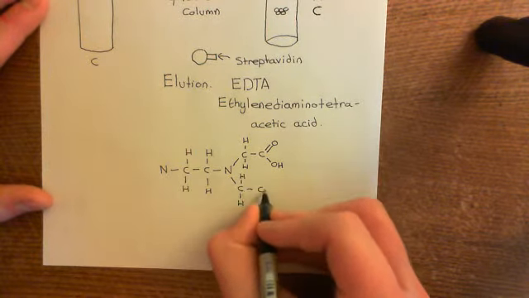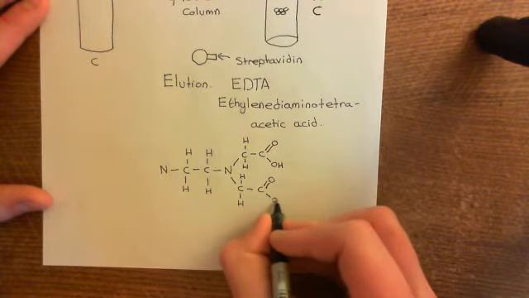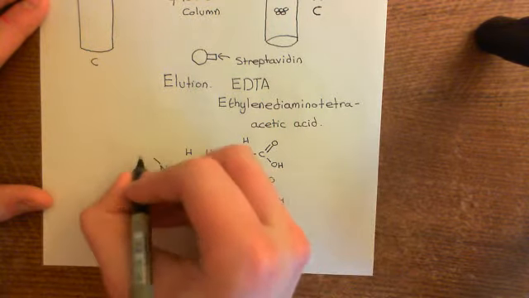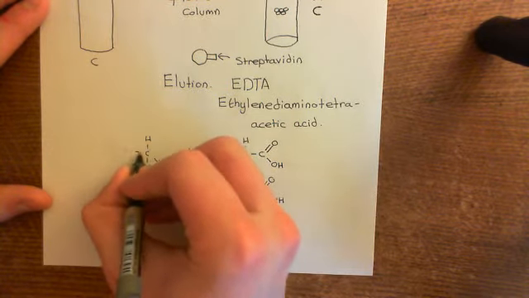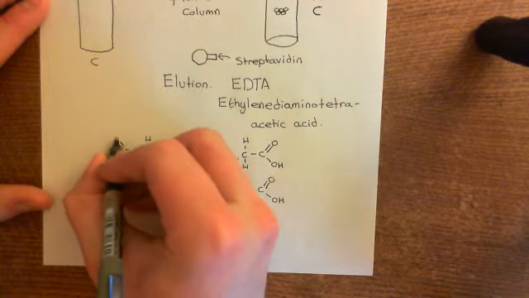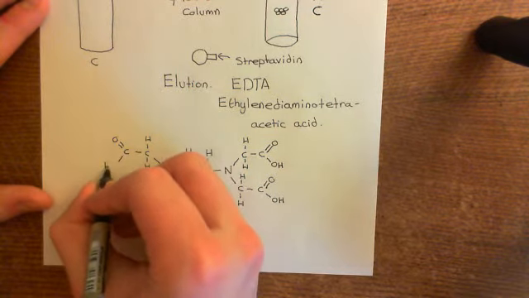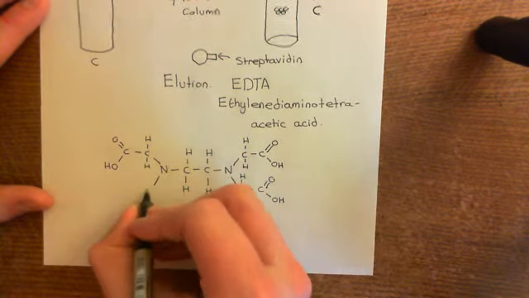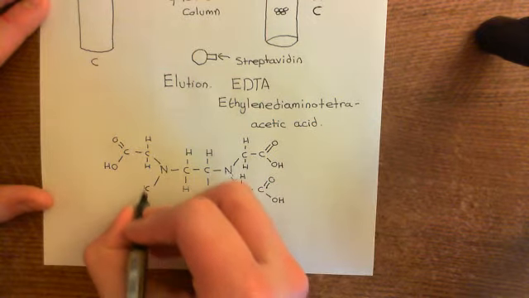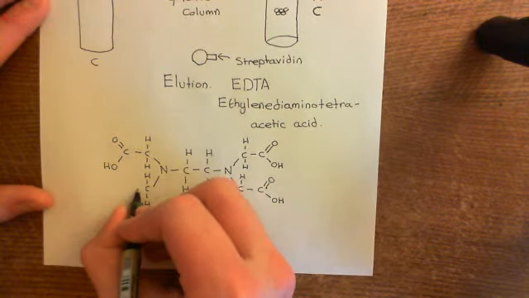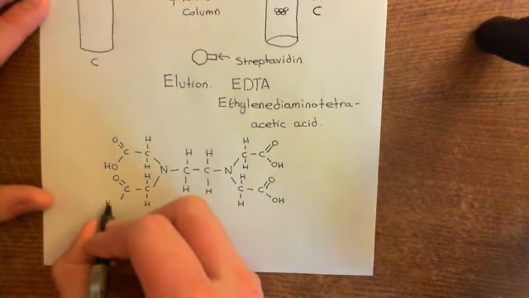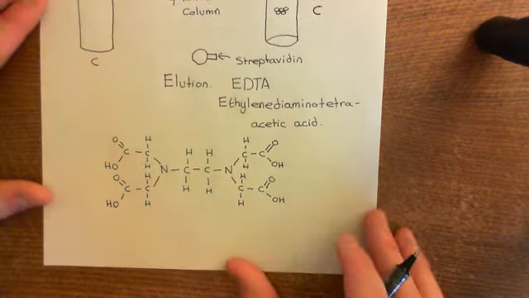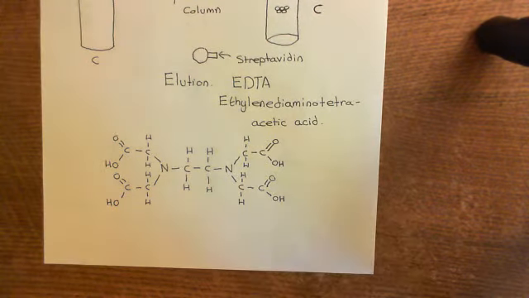So here's the second coming here. Okay, and then 2 more off here. Okay, and that's why it's so beautifully symmetric. So here again is the carboxylic acid group of this acetic acid molecule, and then finally the final acetic acid molecule is here. Here's the methylene group, and then the carboxylic acid group over here. Okay, so this is ethylene diamino tetraacetic acid, or EDTA for short, and this is often used to elute the